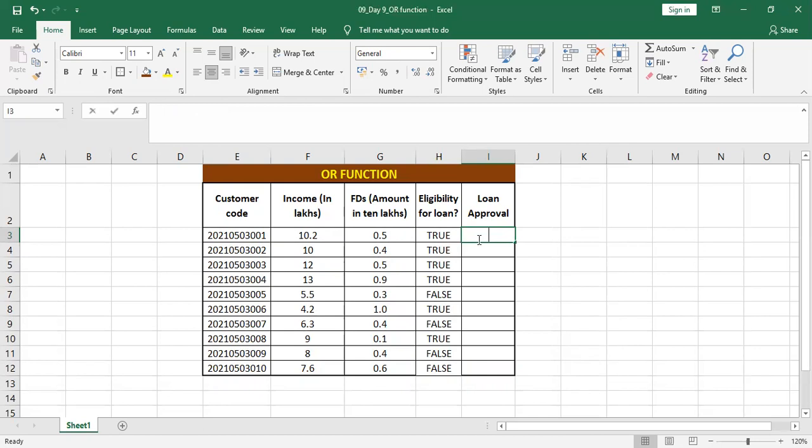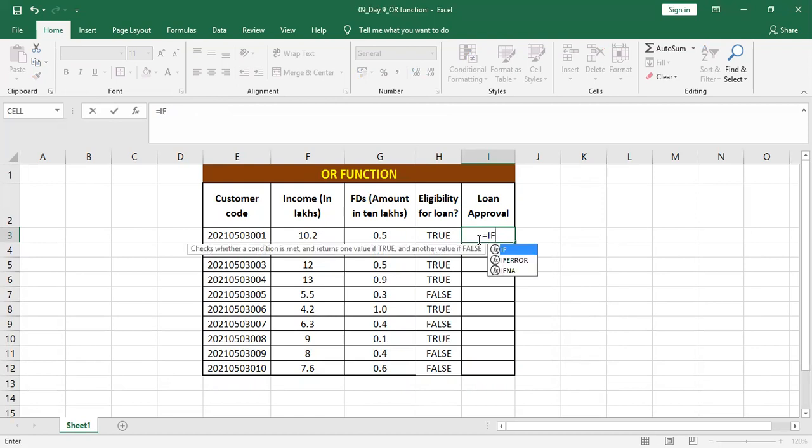That means we first use equal to, then IF, then in the bracket I should press tab. Now I have to put my logical test, right? What should be my logical test? I'm using the same test.